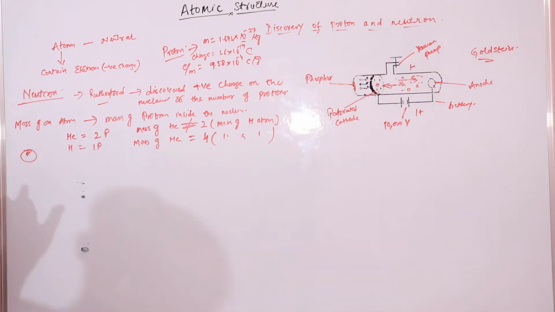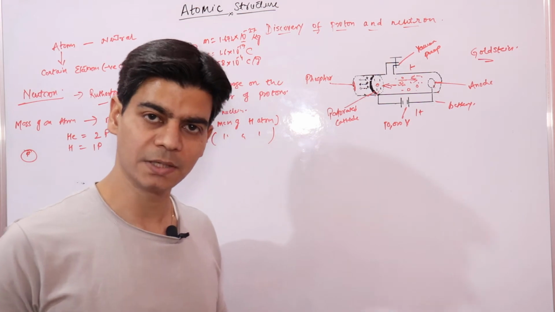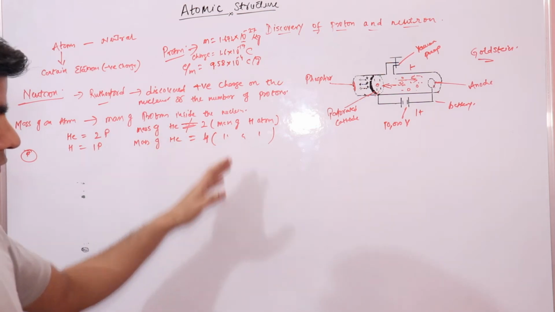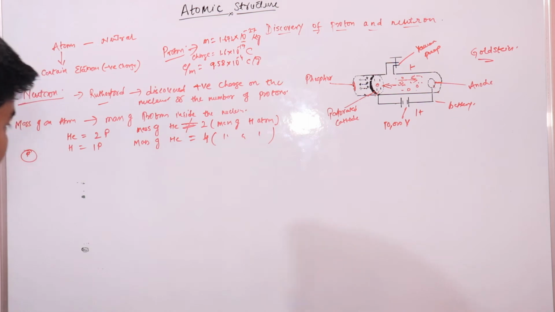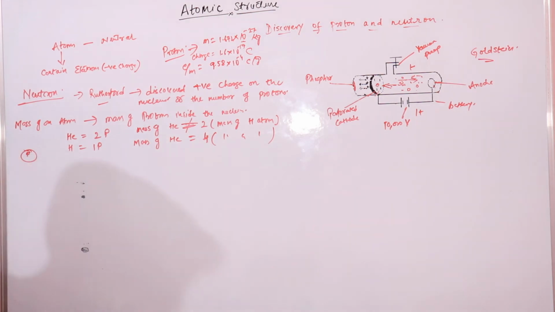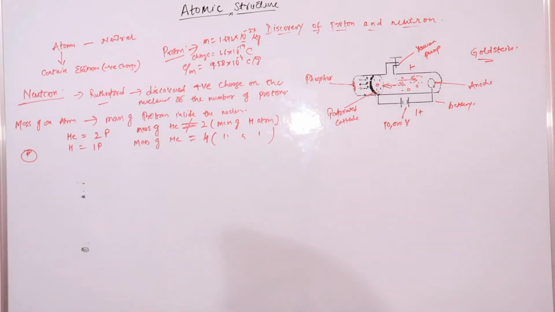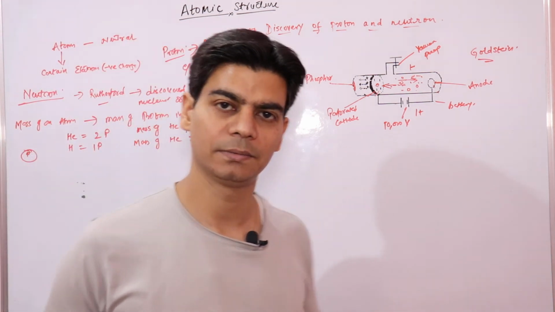Now, a similar discrepancy in the mass was found with other atoms as well. So this led Rutherford to think that there must be some other particle in the nucleus that does not have any charge. He said that there are some neutral particles present inside the nucleus that do not carry any charge, but he did not prove it experimentally.